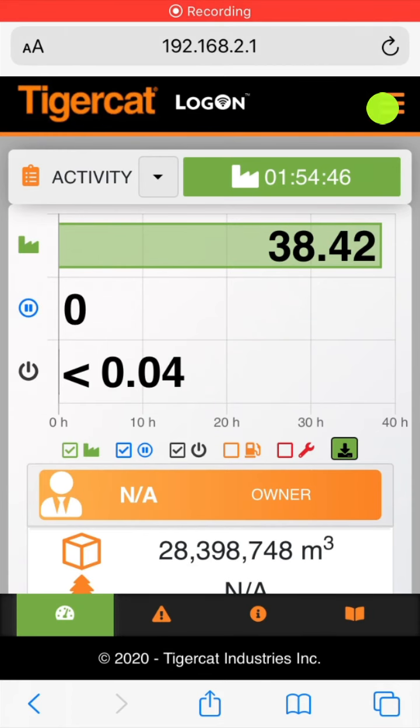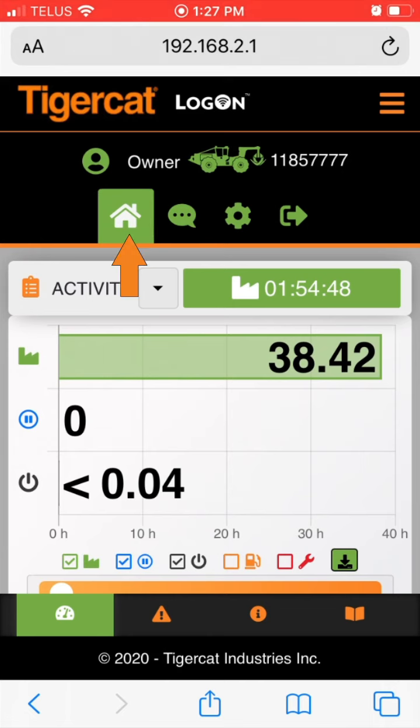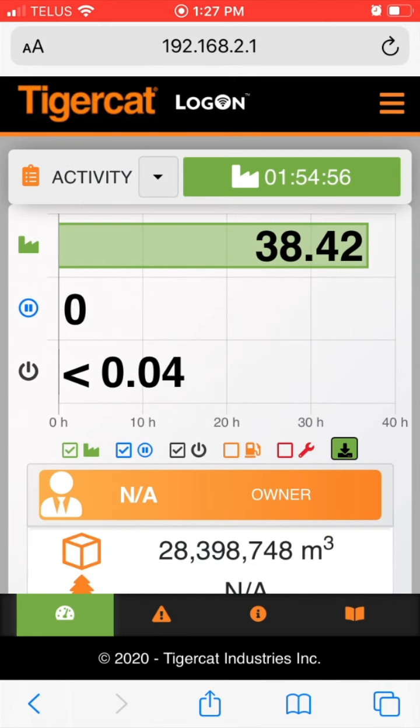Tapping the hamburger menu located in the top right-hand corner accesses the Home, Text Messages, Settings, and Logout pages. The tab menu at the bottom of the home page gives access to the Dashboard, Diagnostics, Messages, Information, and Documentation